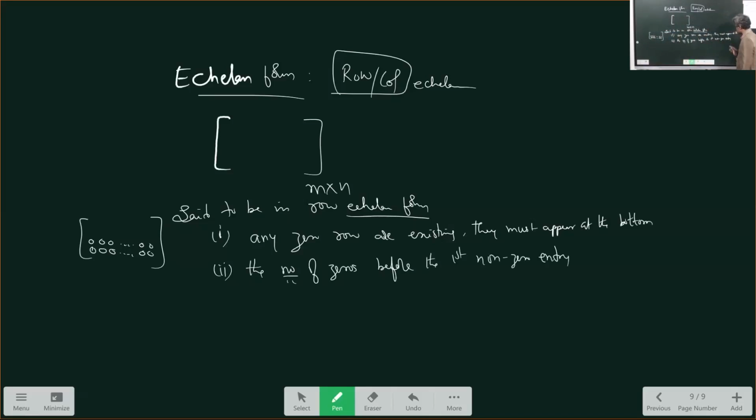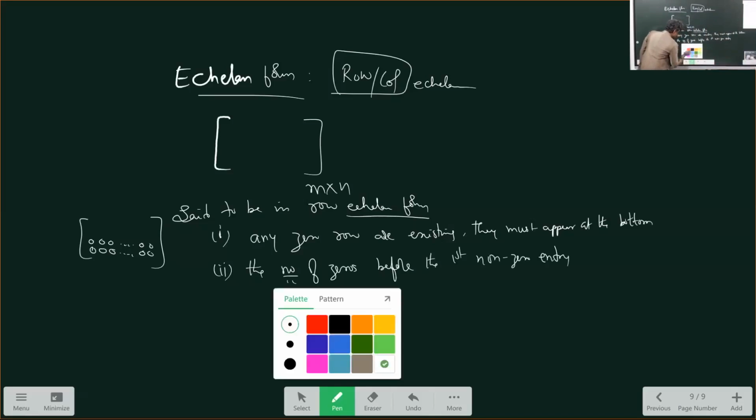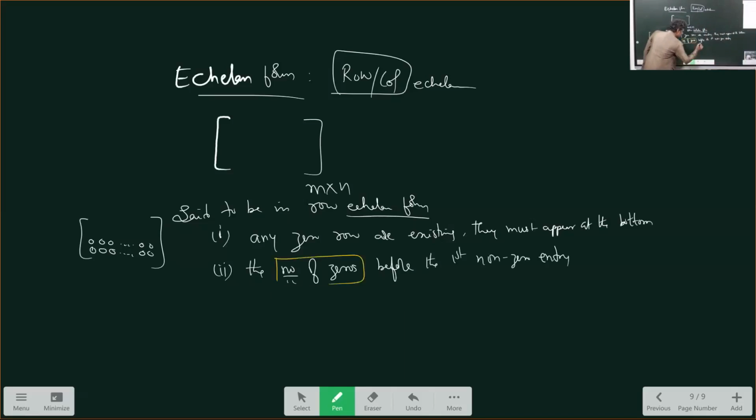Before the first non-zero entry, the number of zeros, I repeat, the number of zeros before the first non-zero entry. So what do I mean by first non-zero entry? The non-zero entry in the sense I am considering is in a row. So the first element is 0, the second element is 0, the third element is 2. So this is my first non-zero entry. After that there may be a 0, there may be a 1. But this is my first non-zero entry in a row. So the number of zeros before the first non-zero entry, row by row,